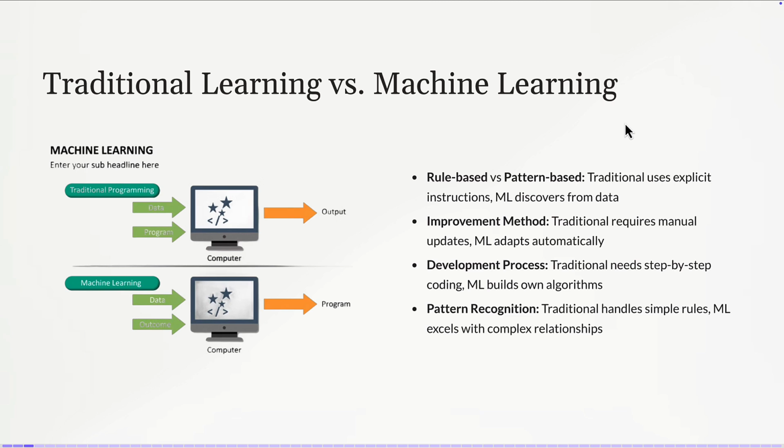So what is the difference between traditional programming and machine learning? When you do traditional programming, usually you have data, which is your input, and you have the ability to develop a program to transform this data into an output. For example, you have certain numbers, you want to calculate their average, or you want to do some kind of analytics. So it's easy. You can have your data, you can create some kind of algorithm that will transform this data into a certain output. You want to develop a search algorithm, you want to perform any kind of activity that allows you to transform your data into an output.